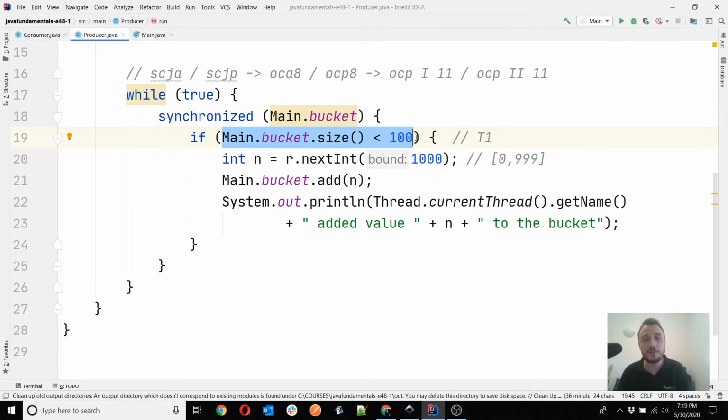And then if the producer tests the condition again and again and again without any consumer on the stage to take a value out and make the size of the bucket smaller than 100, the only thing that happens here is that the producer will test 1,000, 2,000, a million times this condition, which will always be false. It can't get through unless a consumer takes a value out of the list so that the size becomes smaller than 100. So this is our problem.